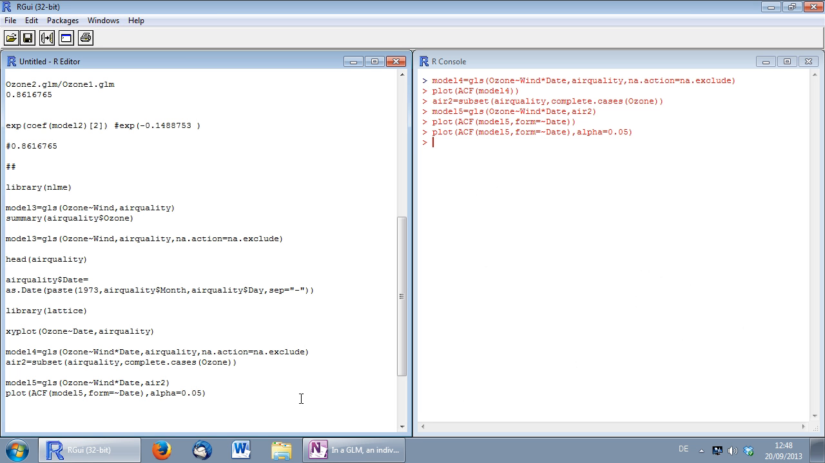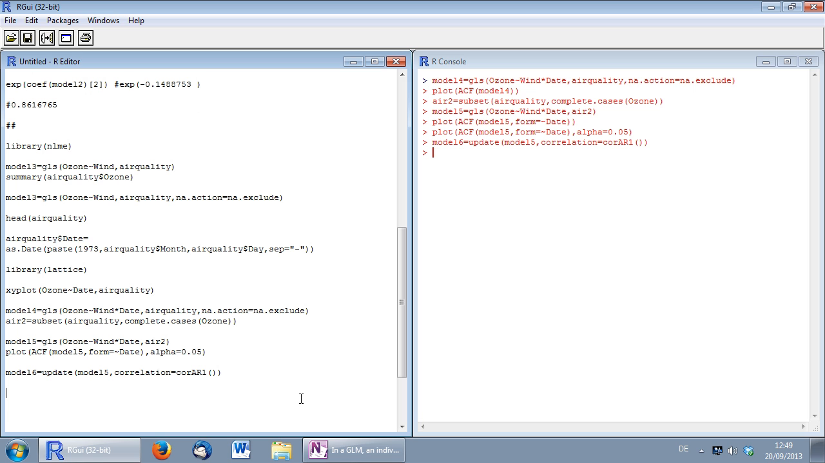So in order to account for that, and this is one of the strengths of the GLS function, we just update model 5 here, call it model 6. Model 6 is update model 5, correlation equals corAR1 brackets. Okay, and now we just need to compare these two models, model 5 and model 6, with one another